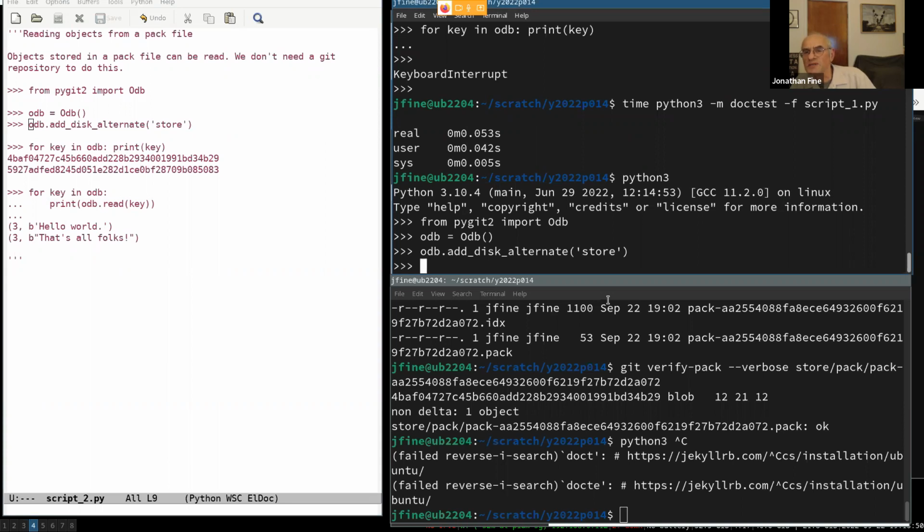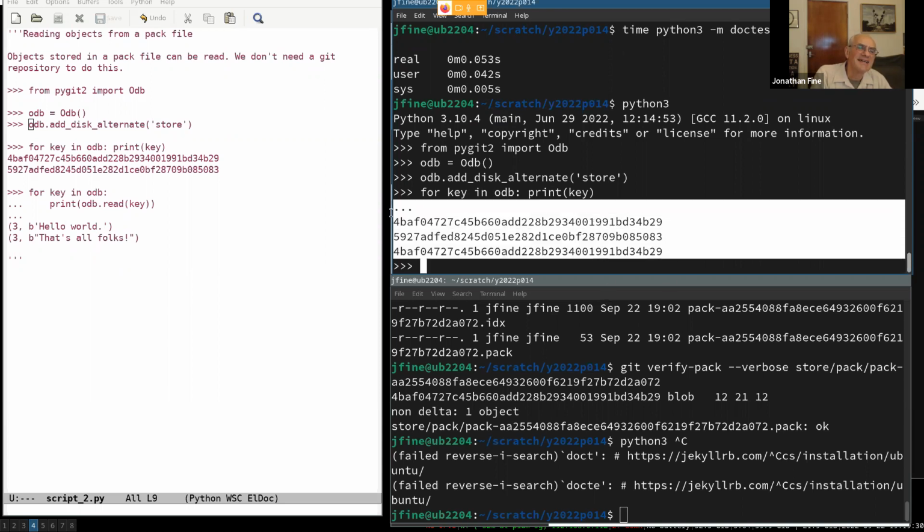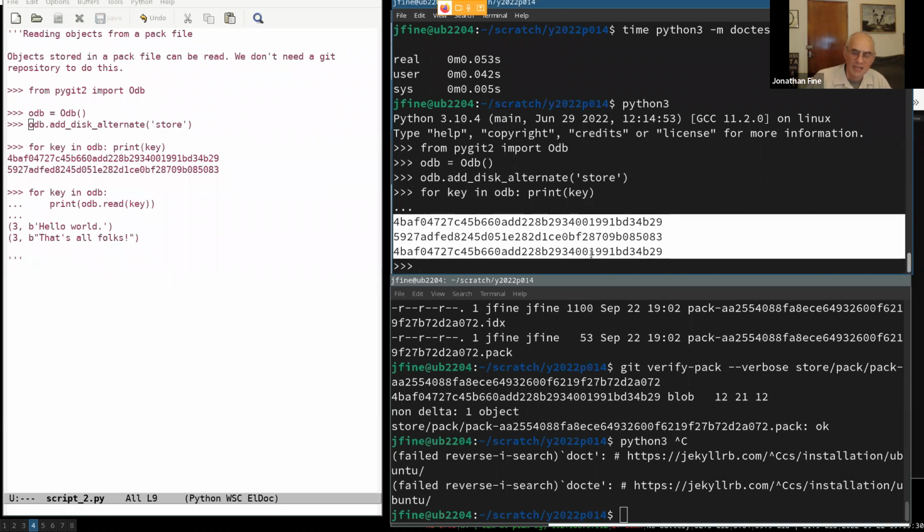So this is equivalent to creating a small Git repository and then saying, oh, by the way, if you can't find anything in your meager resources, go and have a look at the big store and try and get it from there. So it's a way of providing a backing store. It's a bit like a library has a stack with all sorts of books available that are rarely consulted. So if we do that, we'll now actually get 3 entries, 2 of which we wanted. Oh, we've got 2 copies of the same entry. That's interesting, isn't it? And both those entries will be the same, and we'll see that